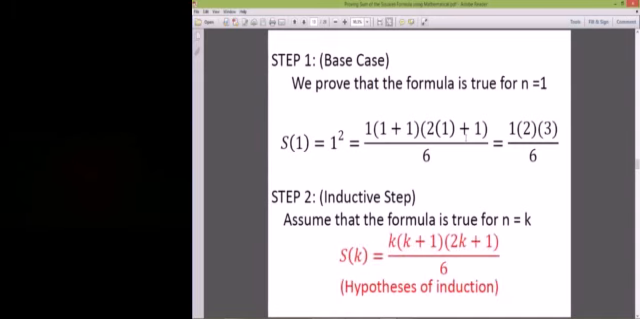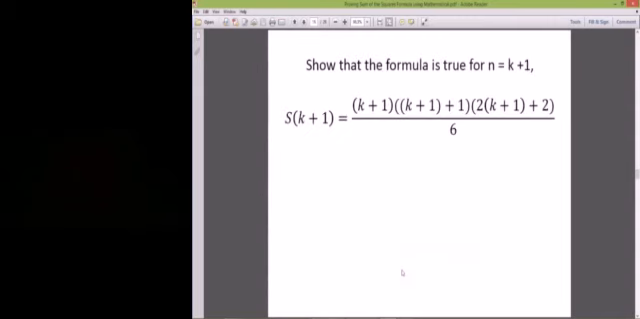That is, we're going to assume the following statement. S sub k equal to k times k plus 1 times 2k plus 1 over 6. We call this the hypothesis of induction. Now this is just the property that we assume to hold for n equal to k. Now using this hypothesis of induction, we're going to show that the formula is also true for the next integer